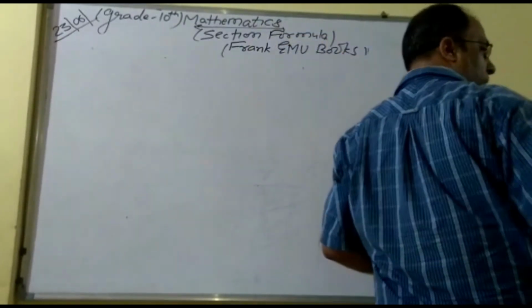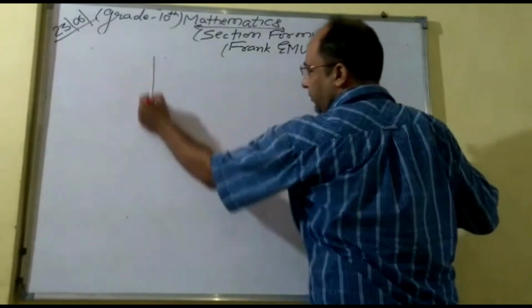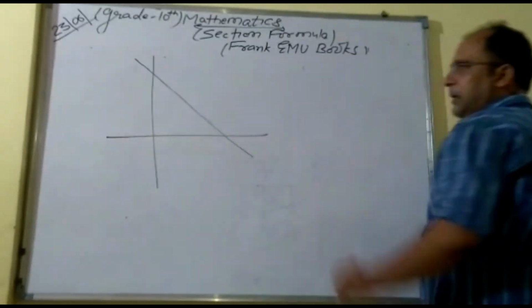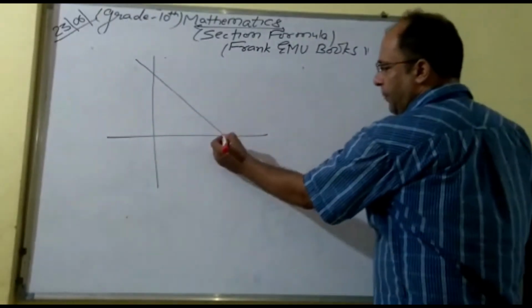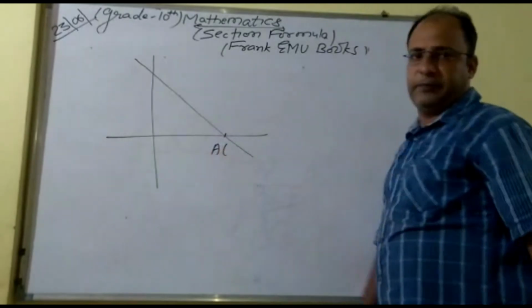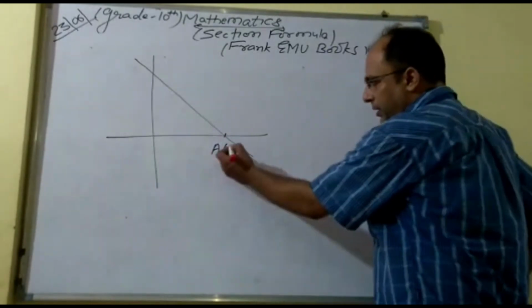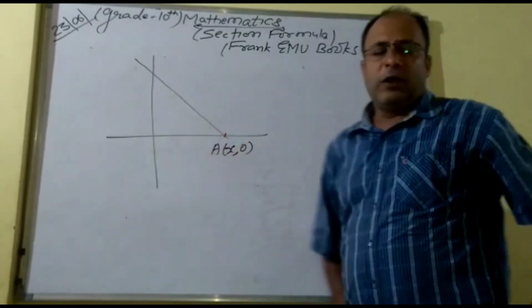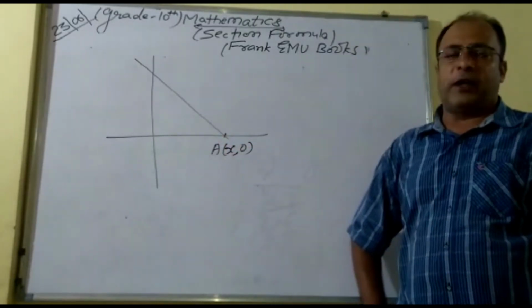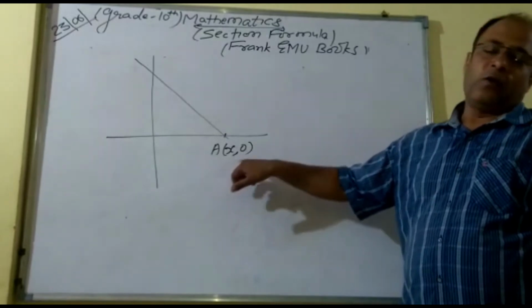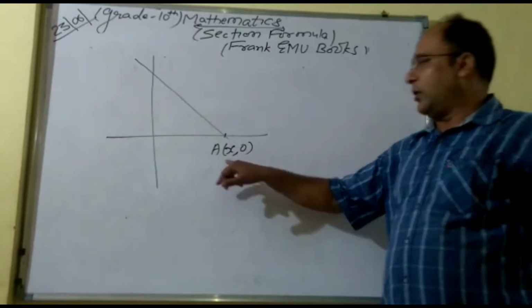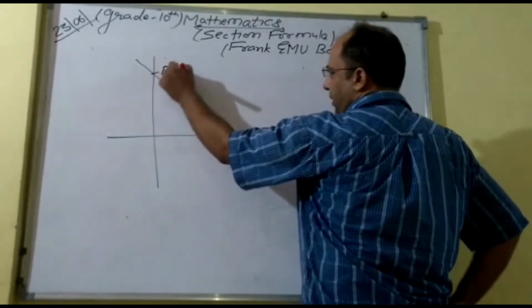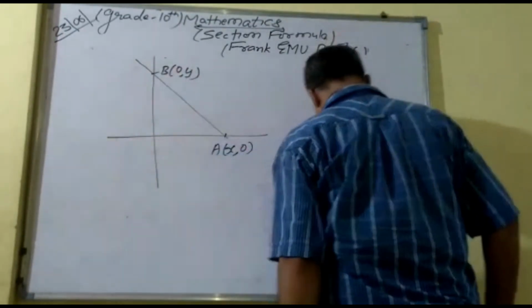Now before solving the question, I want to tell you one more thing. Look at here, the diagram. This is the diagram. If I say here is a point A, what is the coordinate here? I don't know the value, just the coordinate. This coordinate will be how much? X, 0. Why x, 0? See, at the beginning I said if a point is on the x-axis, then the y coordinate is 0. So it is x, 0. Similarly for B, the coordinate will be 0, y.